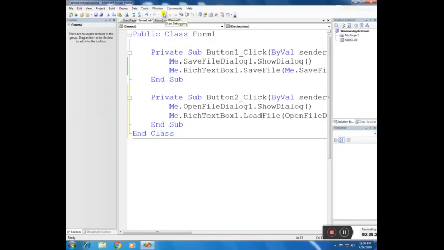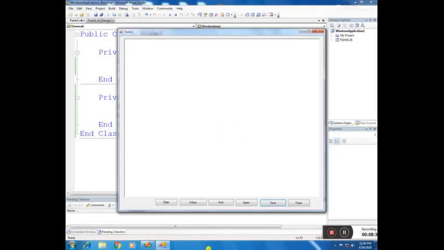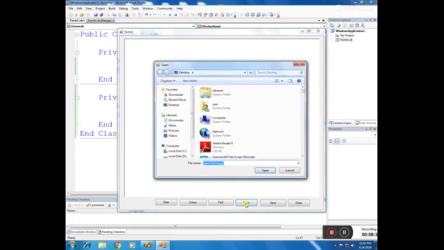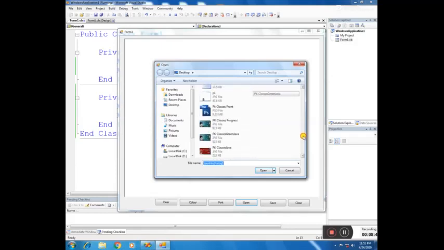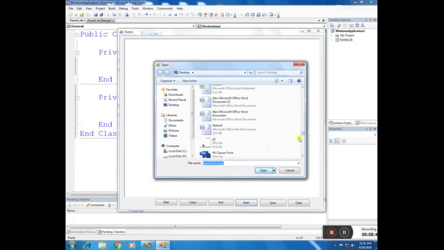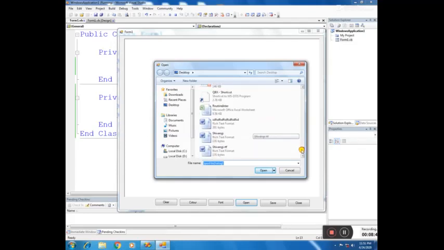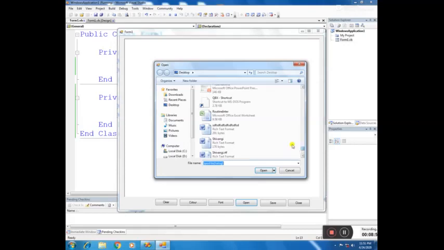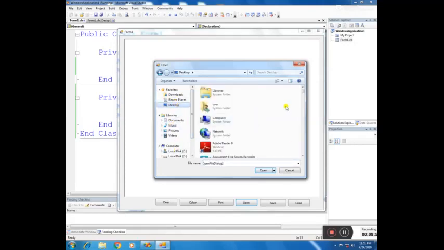Let us see. Open the file. Name of the file is pkclasses.rtf, on the desktop.